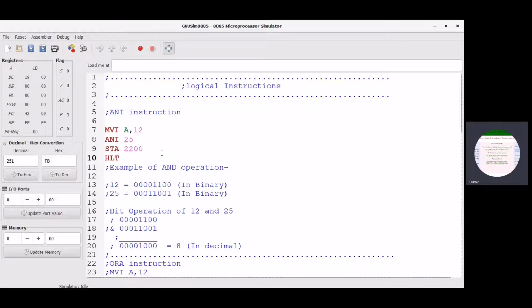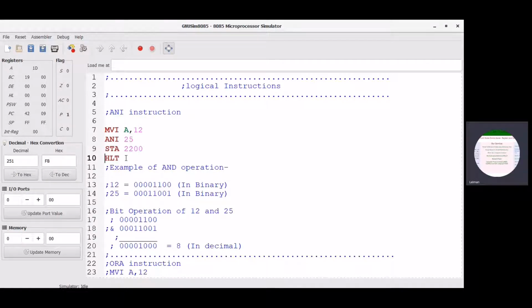Now let's understand the meaning of MVI A, 12: move 12 into accumulator A. Then ANI 25: apply the AND operation with accumulator content 12 and store the result at 2200 with the instruction STA 2200.